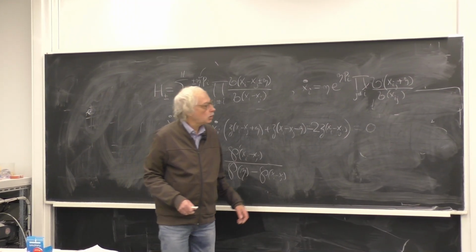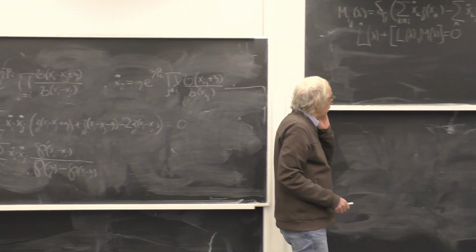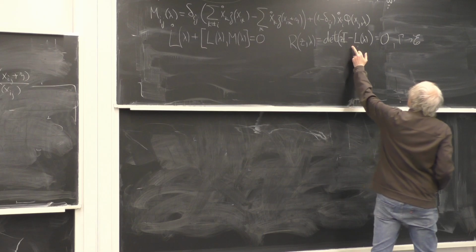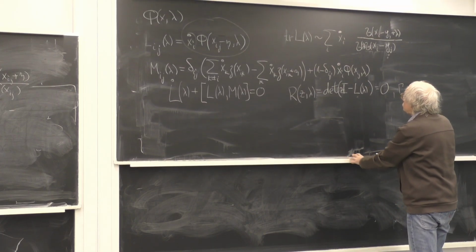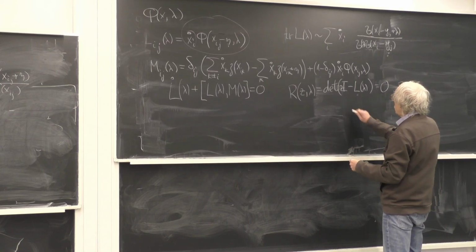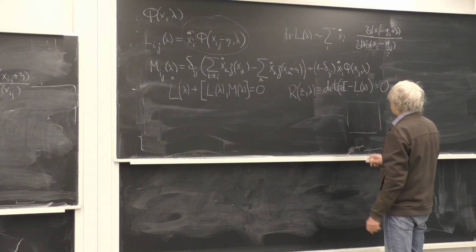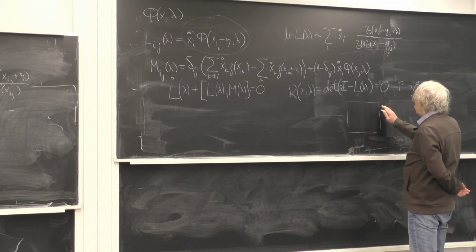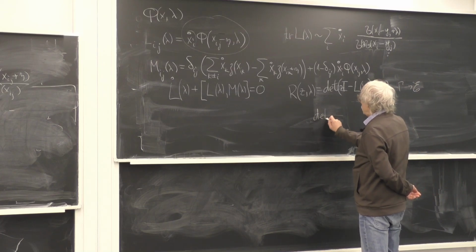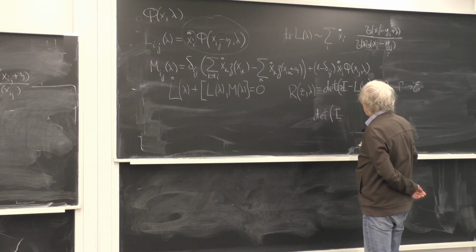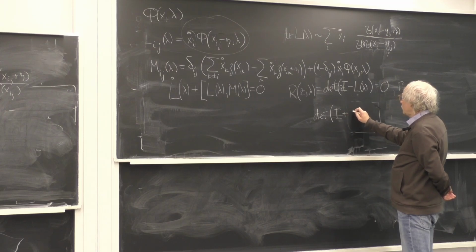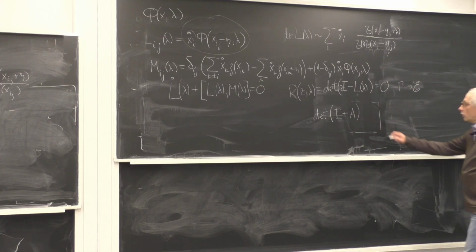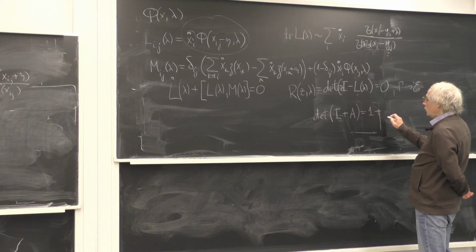Using this formula for the determinant of the elliptic Cauchy matrix, we can calculate this determinant, because we should use, if we have a matrix, such a determinant, say the determinant of the unity matrix plus some arbitrary matrix. This can be written in the following way: